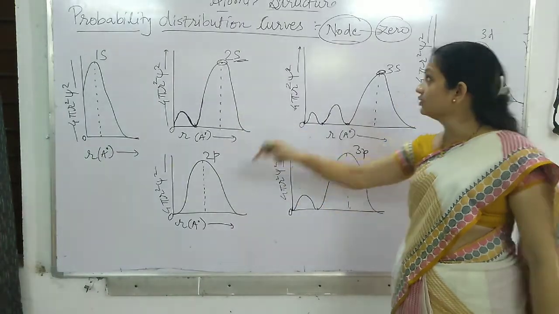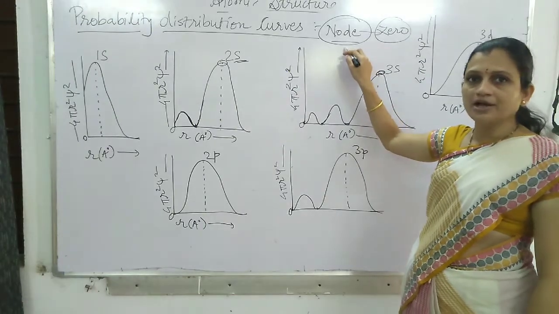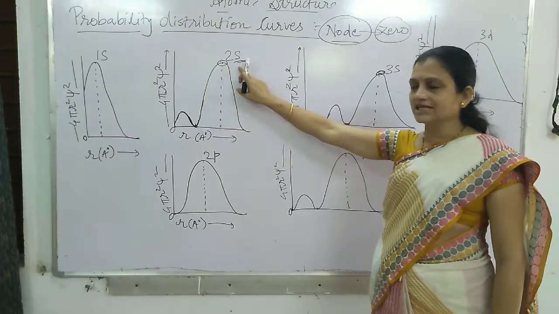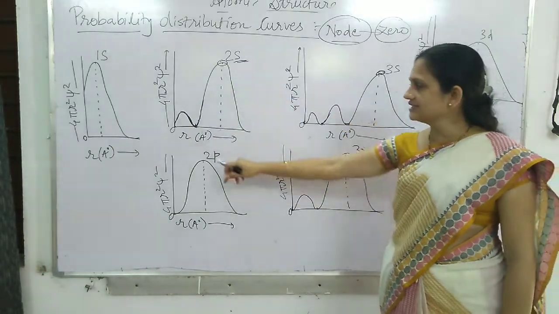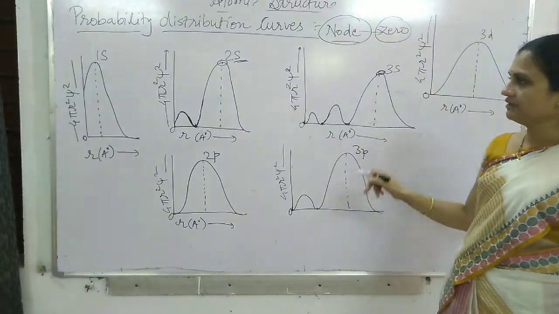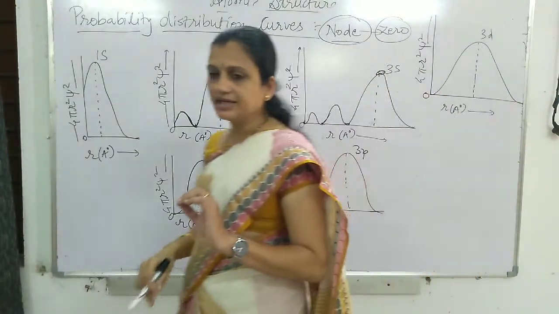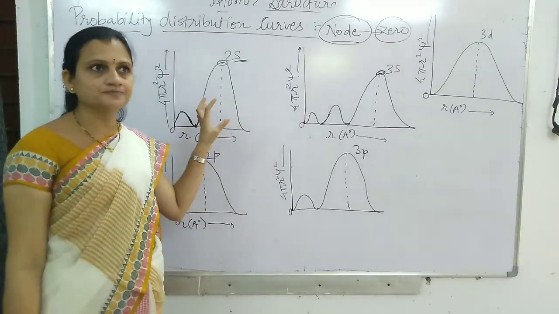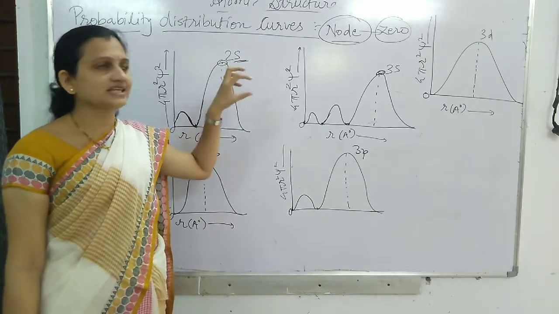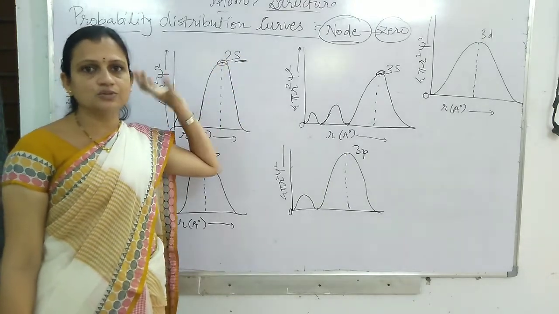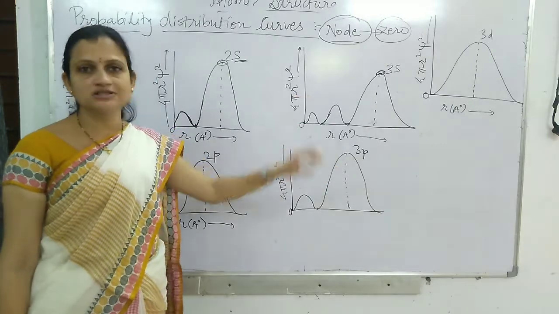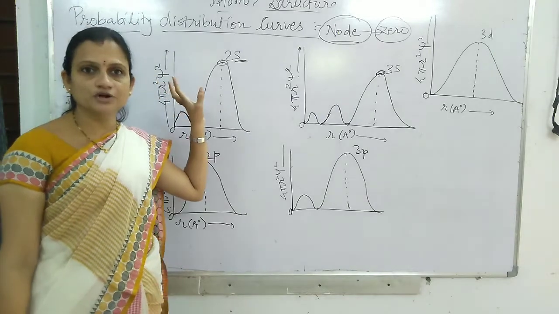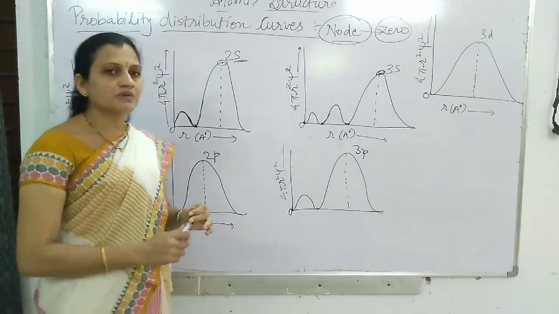This point is known as a node or nodal point, where the probability of finding an electron is 0. Again the curve goes on increasing and one stage is reached. This is the highest peak of every curve, and at that highest peak the finding of an electron is maximum. So at that time we get the maximum number of electrons in that outermost peak, and again the curve falls down. These are the different curves for different types of orbitals, and these curves are known as probability distribution curves.